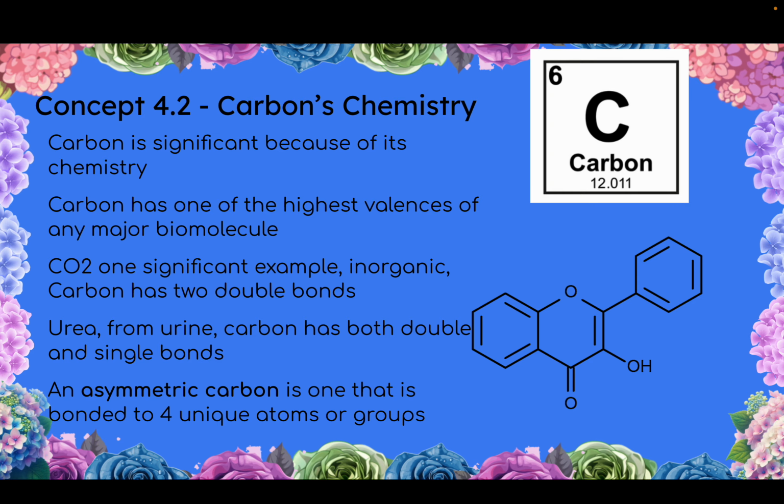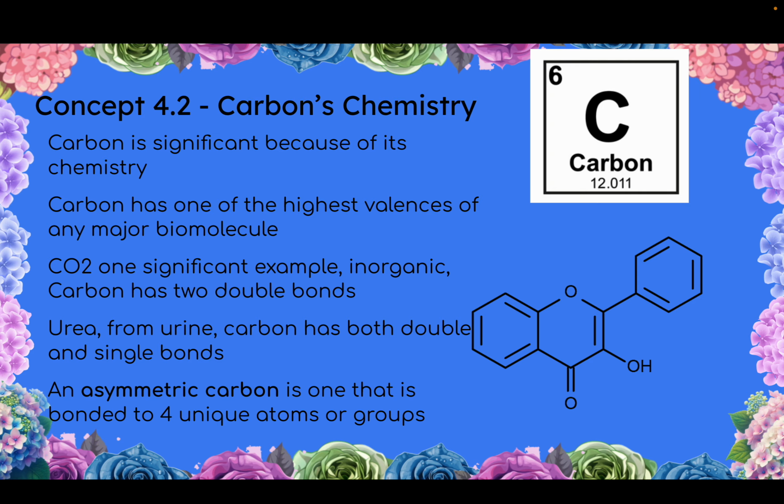But an asymmetric carbon is one that is bonded to four unique atoms or groups. So for example, if a carbon is bonded to a hydrogen, and then it's bonded to another hydrogen, and then it's bonded to an oxygen, and then it's bonded to an ammonia group, that would be an asymmetric carbon because each of its four bonds are all different atoms or